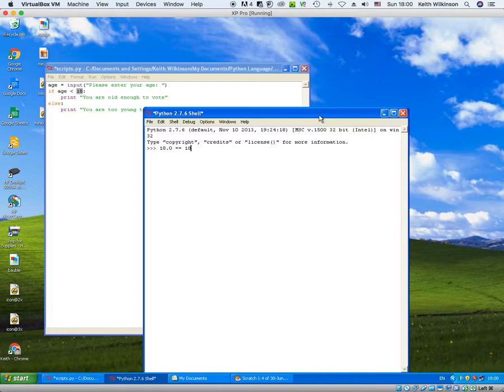They're both the same number. 18.0 is 18, but when I press enter, I get true. Maybe you thought it was going to be false because of the different types. But what it's actually compared with is it's turned this second one into 18.0 as well. So in other words, it's comparing this